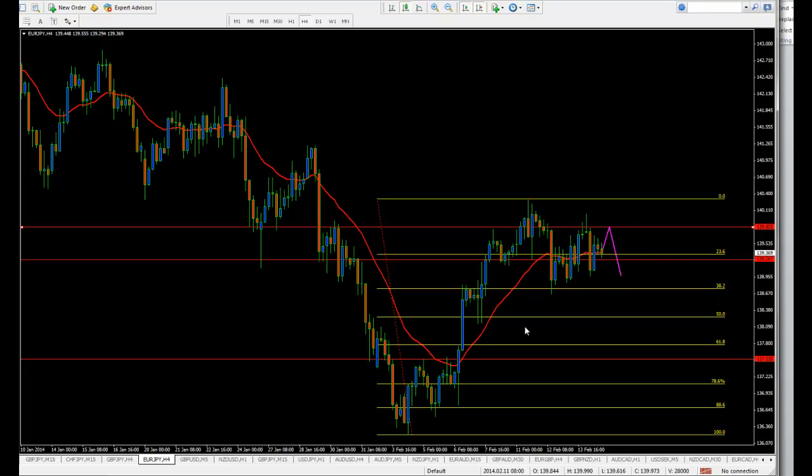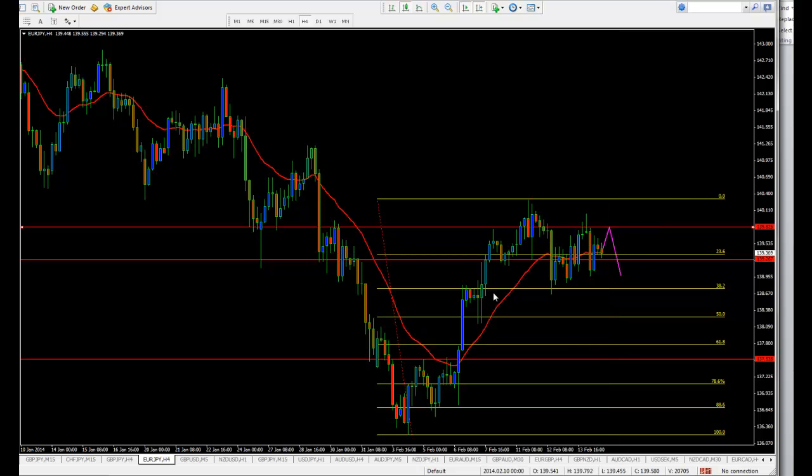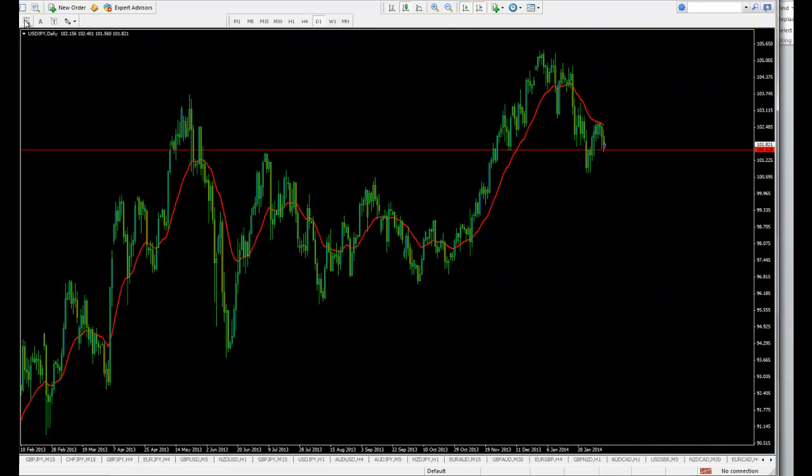Okay, so that's why I like the euro yen. I saved it for last to go over. The euro, all we have to do is pull up 42 pips. That's about what we have on the euro to move up north. If the euro moved up strong, it would pull this up into its Gartley. Even if the US yen is nudging its way down, if we get a strong move on the euro, it'll pull it up. And then with that euro dropping, and especially if the US yen is still dropping to its 50%, you're going to see this nice 5-wave impulse move down. And then of course at some point, if, again I'm using a lot of ifs here, but if the